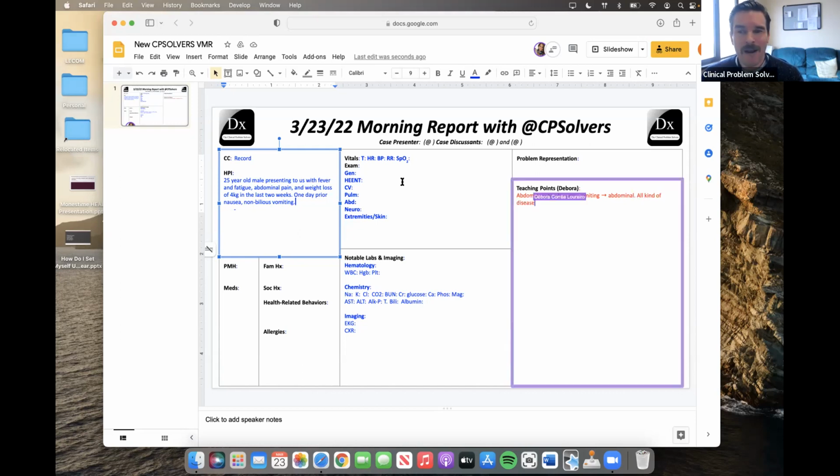If somebody has a systemic viral infection like the flu, they can get some abdominal pain and even some episodes of emesis just from the systemic illness, right? Even things like DKA or a metabolic acidosis, something that isn't necessarily related to underlying GI pathology, can also cause abdominal pain and emesis. So all we can say at this point is that this is somebody who has a syndrome of systemic inflammation, and that could be manifesting with nausea and emesis, or the nausea and emesis could be localizing us to the GI tract, but it's hard to know where we are right now.